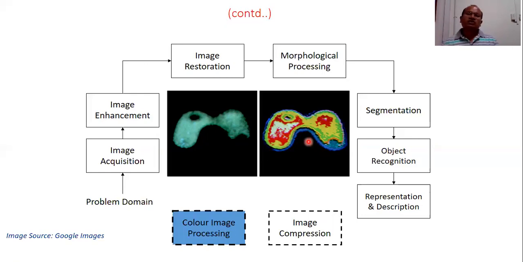And this is very useful, especially in the medical field. When you are interested to detect some abnormalities present in the medical images, the different modalities of medical image, then assigning different colors to different portions of an image gives you better visibility, better visual appearance, better clarity in detection and identifying the tumor which is present inside, or any kind of abnormality which is present inside the medical image. So this is what is called color image processing.